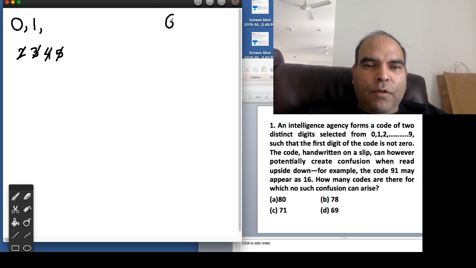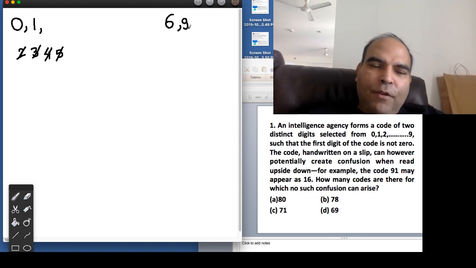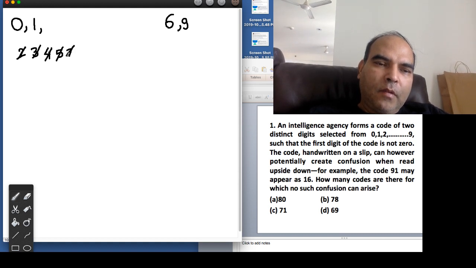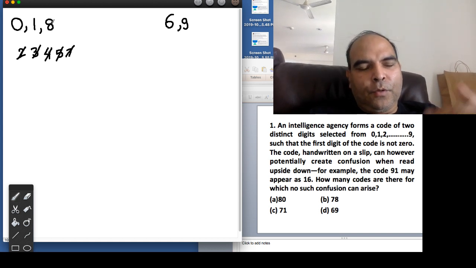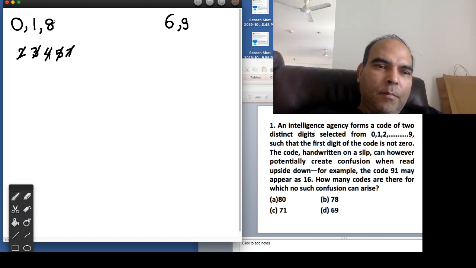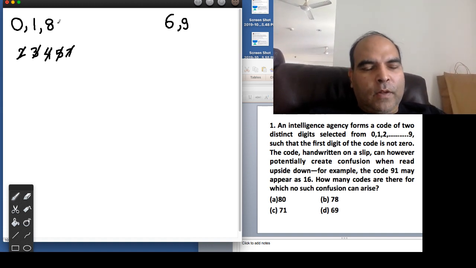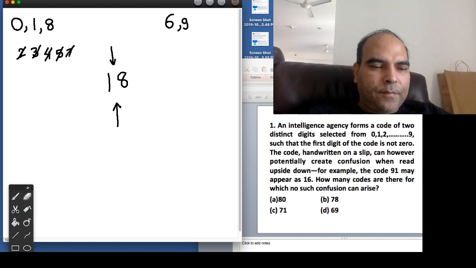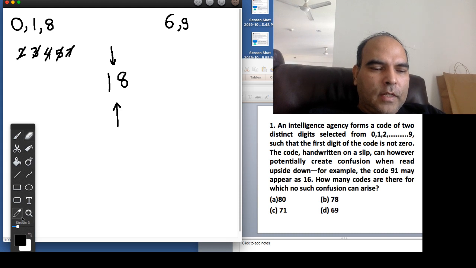6 would create a confusion of 9. 7 will not create a confusion. And 8 will create a confusion like 1, because you turn the page upside down, it will still look like 8. It will not show a different number. But a number like 81 can appear as 18 because the order of the numbers will change. If you look from here, it's 18. And if you look from that side, this number is 81. So based on this understanding,